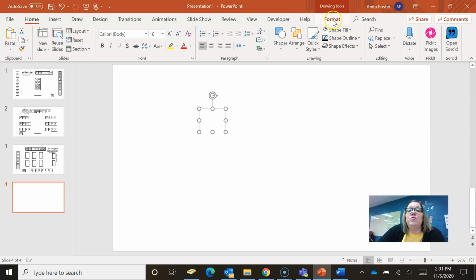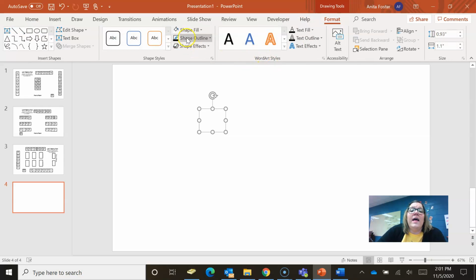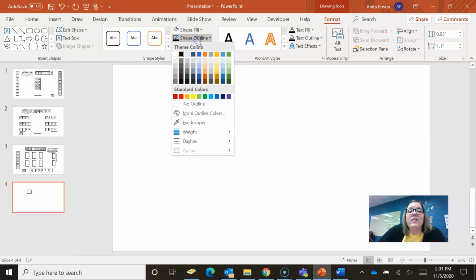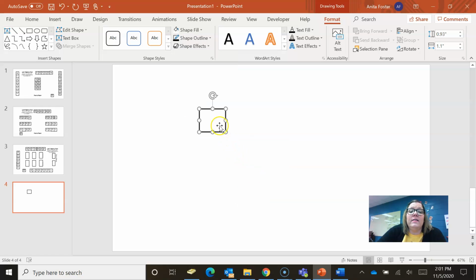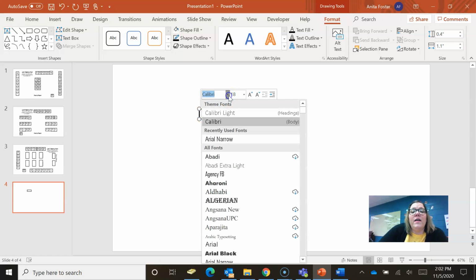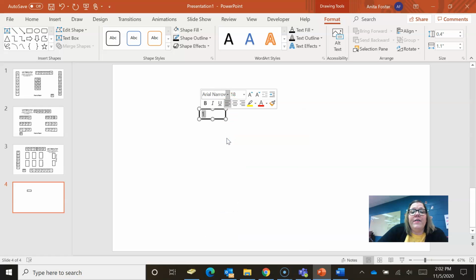Then I went to Format, and I did Shape Outline, and I did them in black because if you want to print them on the black and white printer, the ink is cheaper there. And then I went back to Shape Outline and did Weight, at 3 points. Then I double clicked inside, and you can see it's a text box. I typed the number in and changed the font to Arial Narrow, and then I made the font larger,